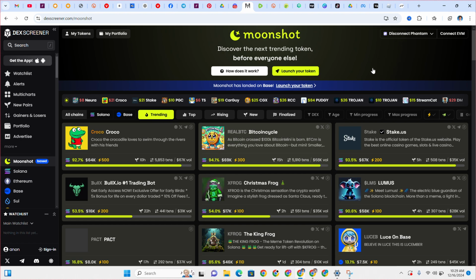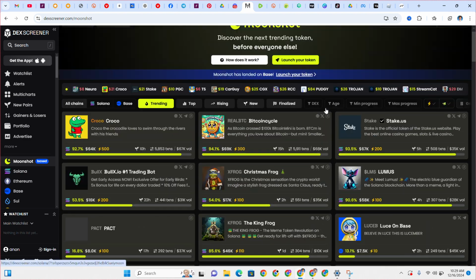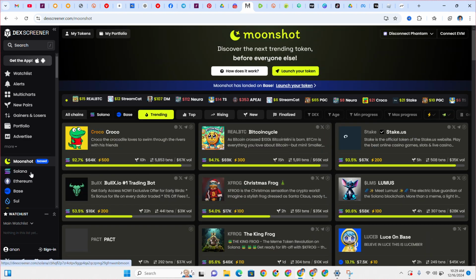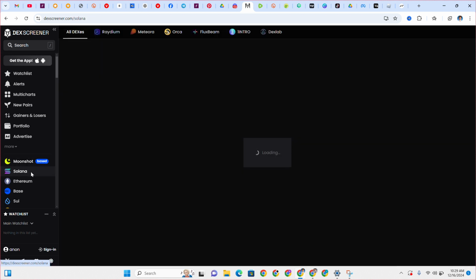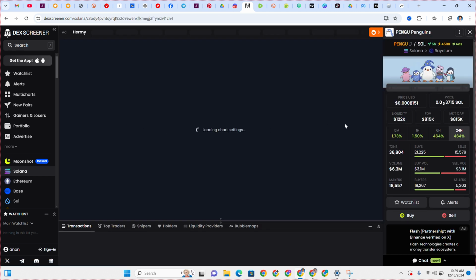And once it has connected, you can trade a whole lot of meme coins for yourself here on Moonshot by Dexscreener on this Solana, right? You can trade a whole lot of meme coins for yourself once you have been able to connect your Phantom Wallet and your Dexscreener. If you click on this token right here, this is Pingo with a market cap of